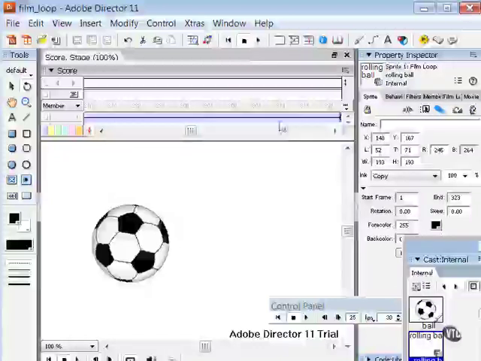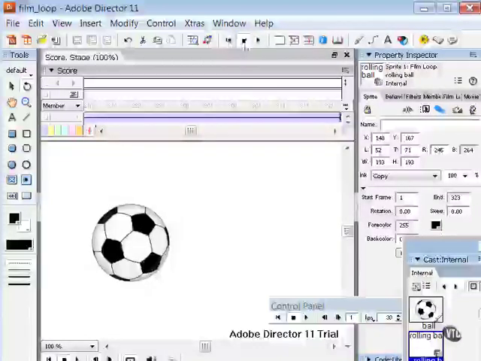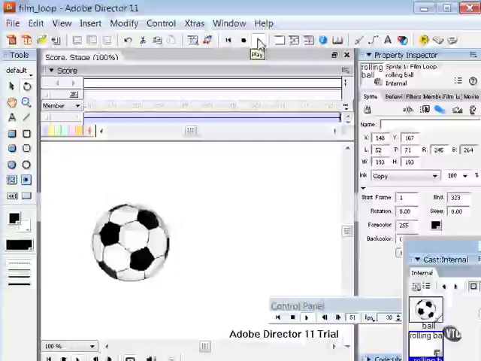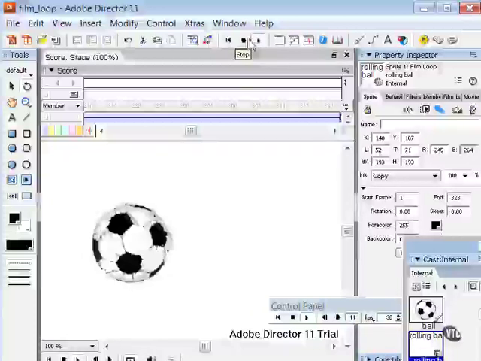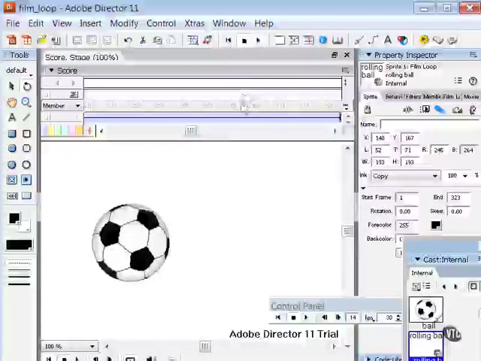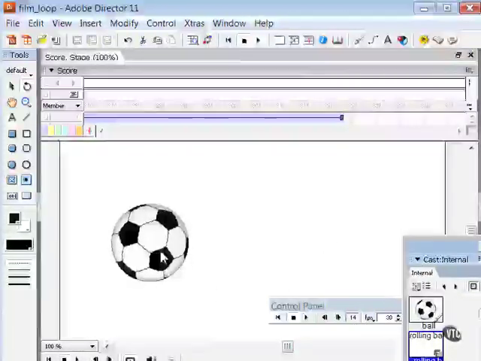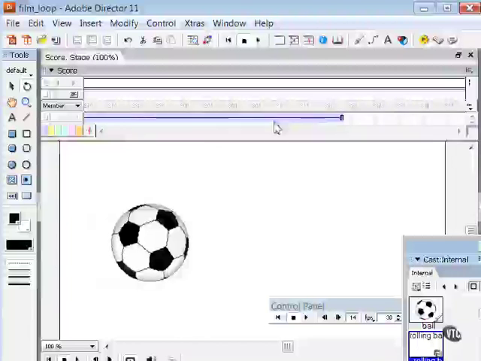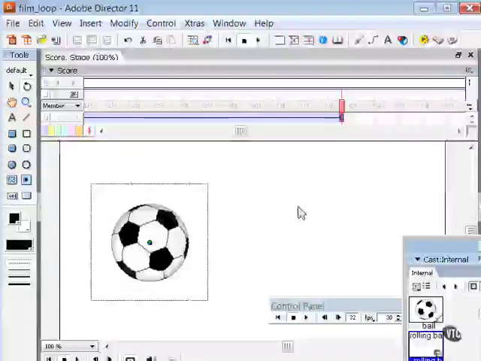the stage. So let me go ahead and play this back, and you can see that this is simply a ball that's spinning in 360 degrees. However, I can now move the ball here at the end. Let's go ahead and insert a keyframe here, and let's move the position of the ball. Click on that keyframe, and let's move the ball